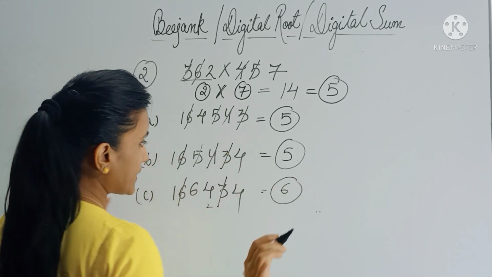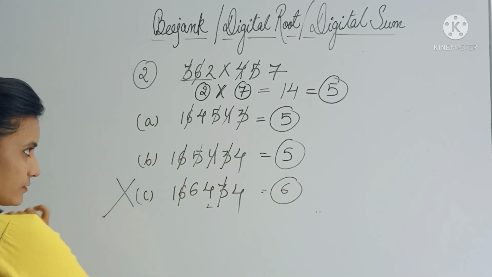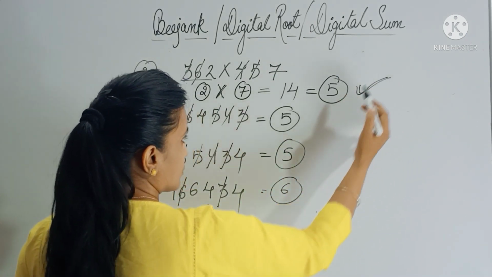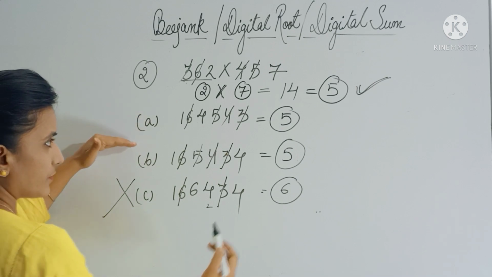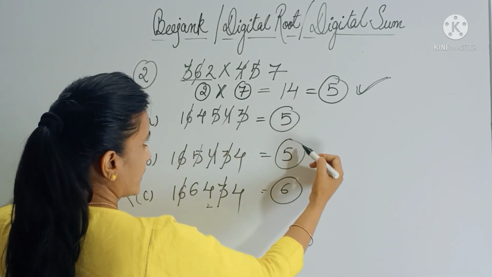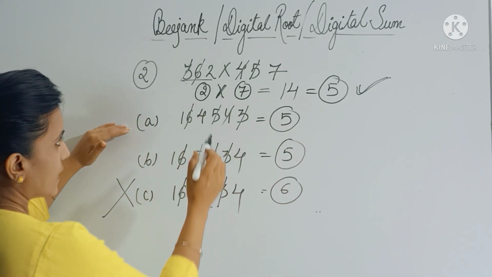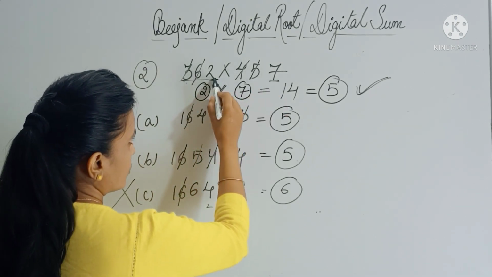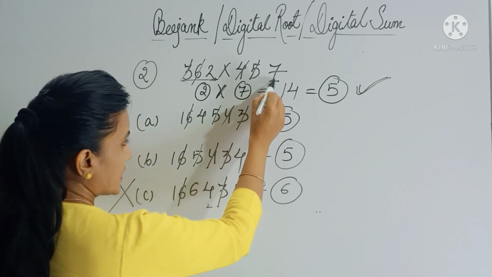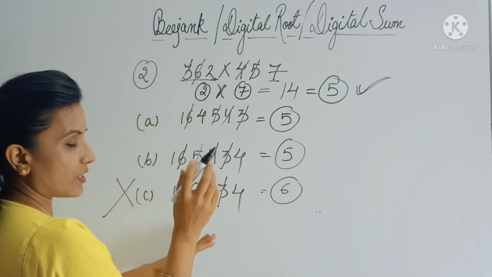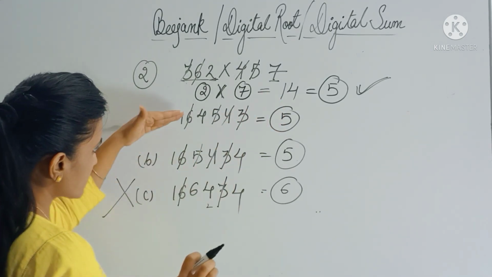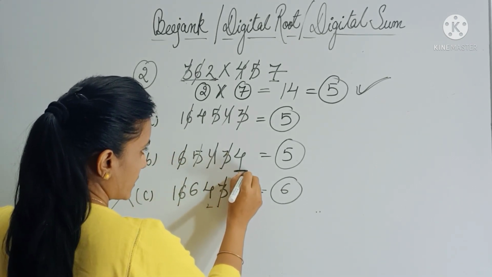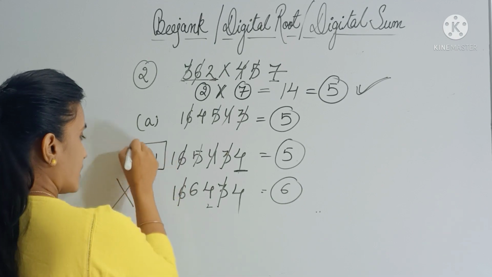Now here one thing is clear that this can't be the answer, right? Because the digital root of your question is 5. So these two options are showing same digital root, right? Now how to decide for that? What you have to do is just multiply this ones digit with ones digit. So 2 sevens is 14. It means the last digit of your answer should be 4. So in these two answers you can check this number has 4, right? It means this is your right answer.